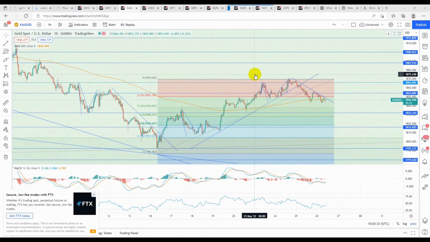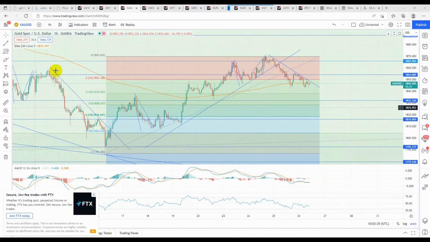So let's see. I think my last analysis was here when this trend line was broken, expecting gold to continue up. Naturally, it's never a straight line up. There's always lots of fluctuations. These fluctuations are great, of course, because they create a lot of opportunities to do buys and sells on the way. So here I was able to do a short trade. Here I was able to do a long trade. Here a short trade. Here a long trade. And here a short trade. So multiple trades on the way.